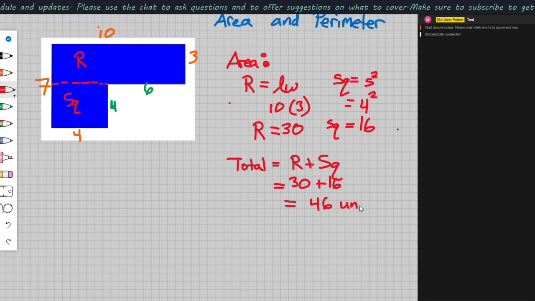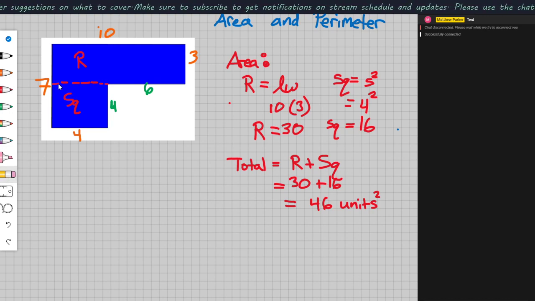It could be inches squared, centimeters squared, feet squared. I didn't give ourselves units right now, so just call it units squared. Now, let's say you didn't cut it there. You decided to make 2 rectangles. Well,